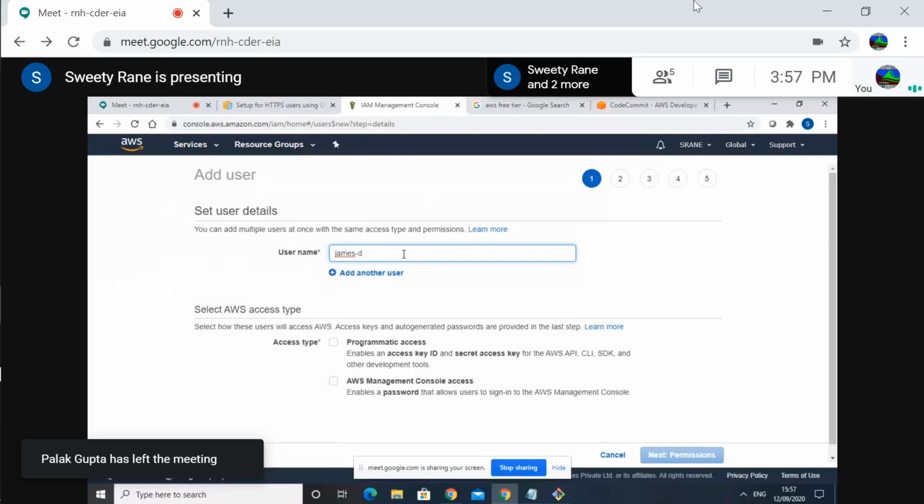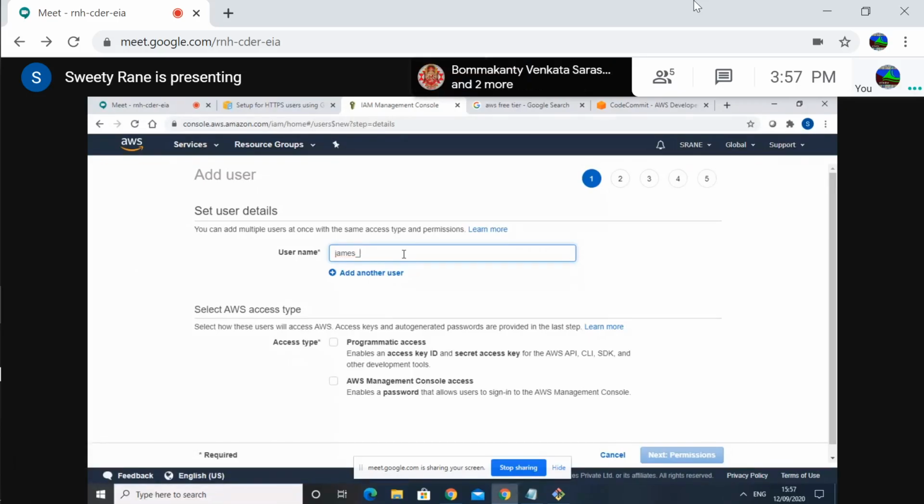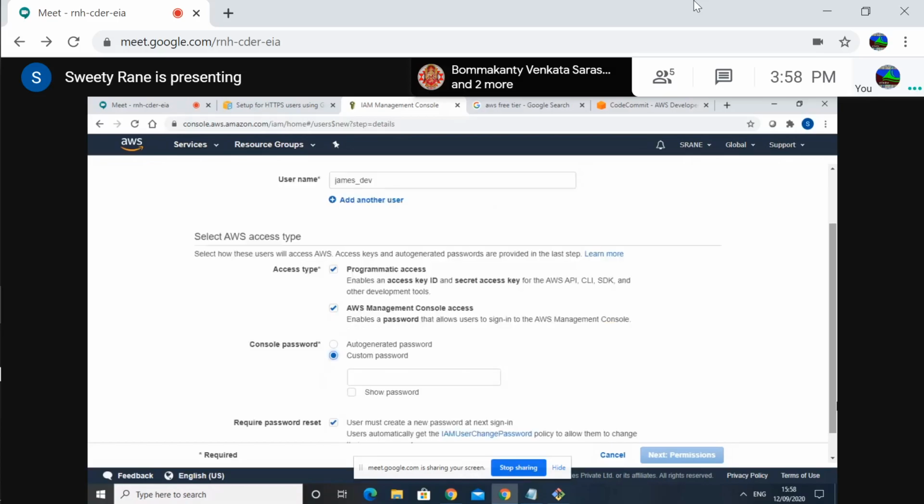Programmatic access and AWS. Auto generated password for now. I don't want to give any weak password.